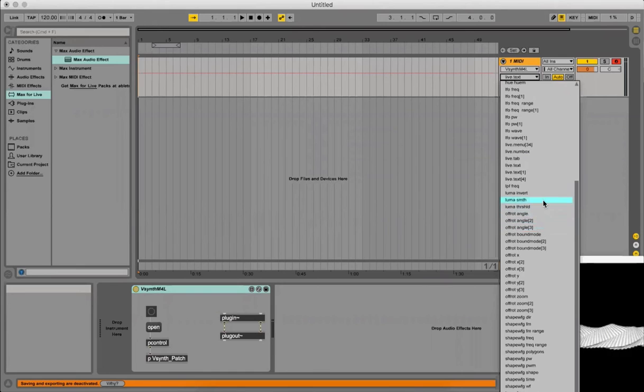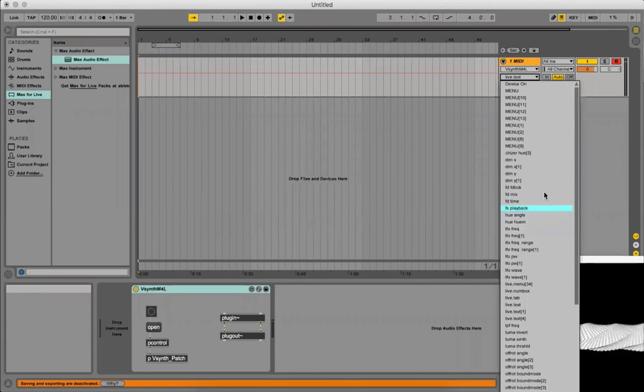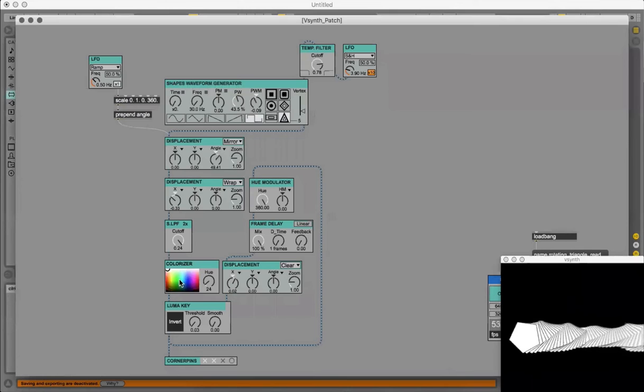So for example, let's just open this, colorize, and modulate, or make a curve for